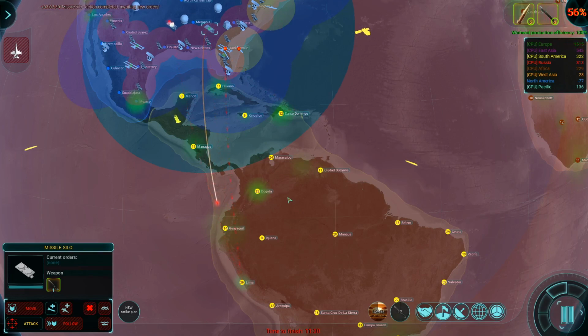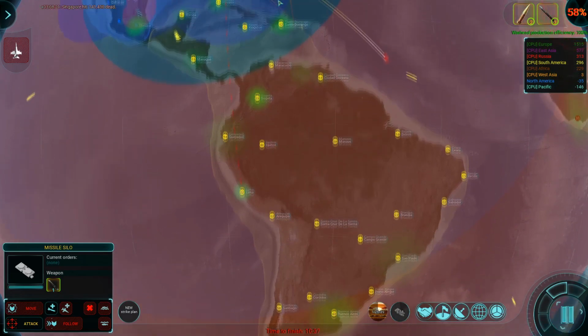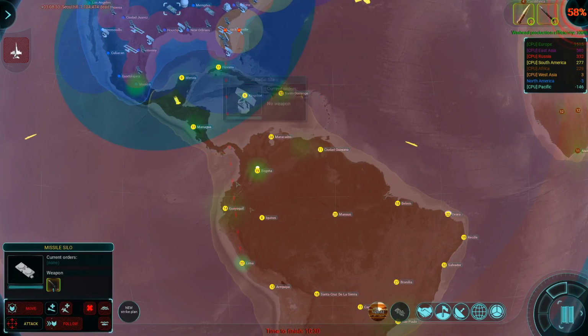So the Pacific is in last place now, so we're actually no longer the last place team here as we completely flatten Lima. I'm not sure it makes a lot of sense to require us to nuke cities 20 times to get the max destruction points on them. Feels a little bit redundant, but,